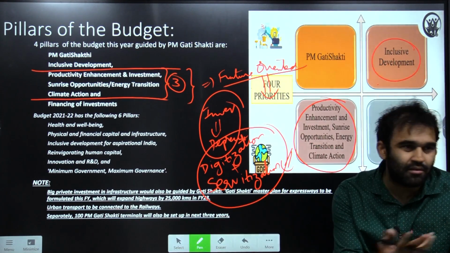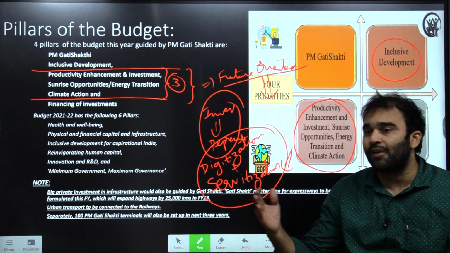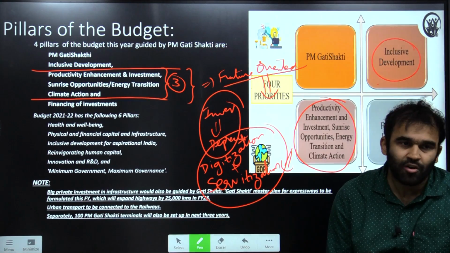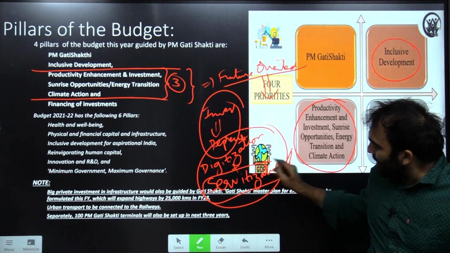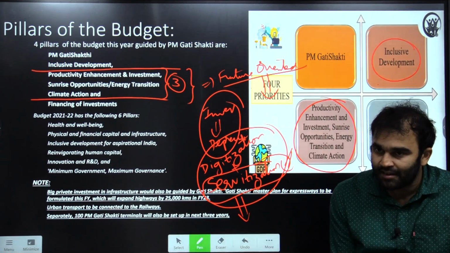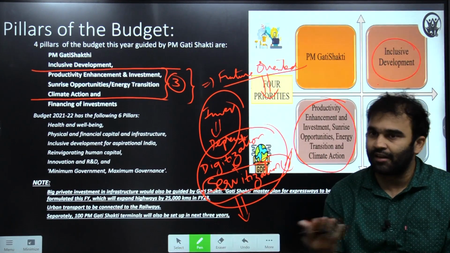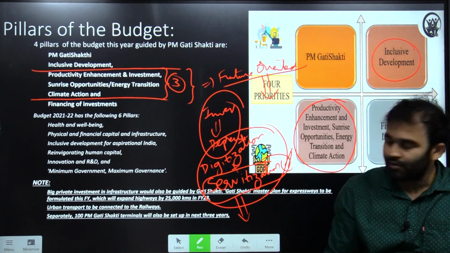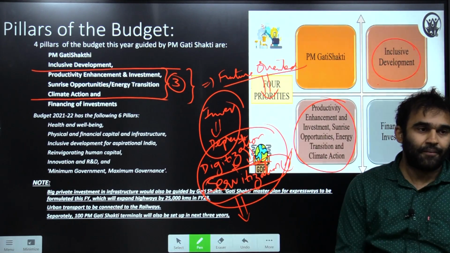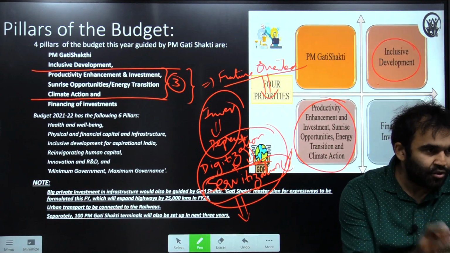Digitization is what? Using technology, particularly your ICT, information and communication technologies, in the manufacturing process. That is digitization, which more or less is happening. Robotics, automation, all of them come from digitization. What is servitization? Now, everything is becoming a part of the services sector. There is no sector which is purely non-service in nature. Agriculture, everything has become service. So, servitization is onset of digitization into your services as well. One way of defining servitization: onset of your digitization into services as well.